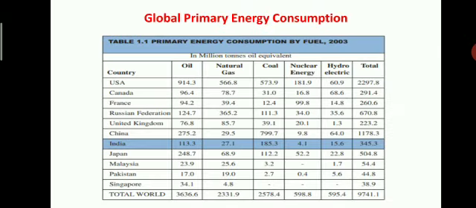So this is a figure. Global primary energy consumption of every country. Most of the countries are covered: USA, Canada, France, Russia, United Kingdom, China. See the figure of China. Regarding oil, 113.3 million tons oil equivalent. Primary energy consumption of fuel in 2003, 27.1 million tons. I am telling you the figures of India: 185.3 million tons, 4.1 million tons, 15.6 million tons, and regarding this total we get 345.3 million tons. This is a chart of primary energy consumption by the year 2003.